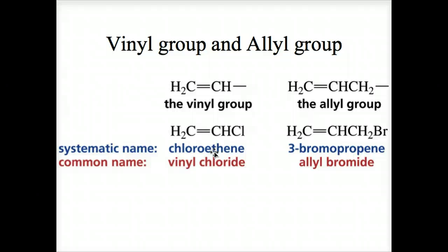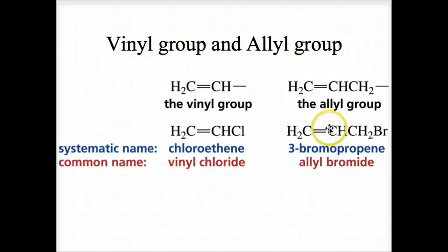Now on chloroethene, you can see that there are only 2 carbons. So the double bond is always going to be between 1 and 2. And it really doesn't matter where the chlorine is. We don't need to put a 1 because it's going to be on number 1 either way, either this side or this one. Whereas with 3-bromopropene,